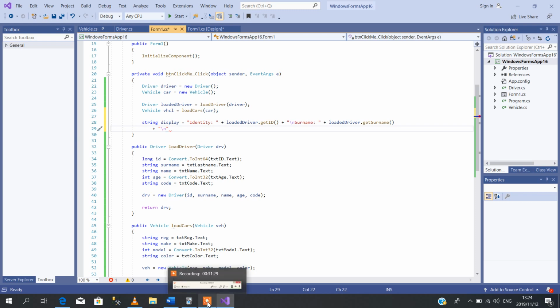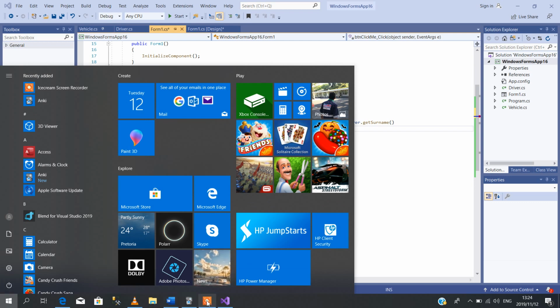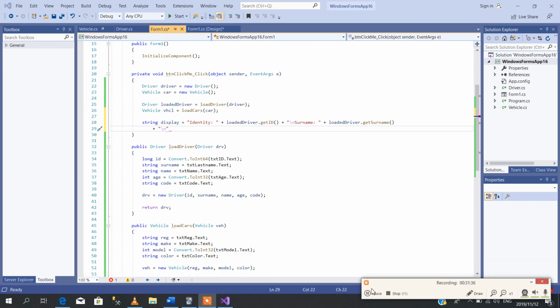Quick question. Why couldn't you, on your design, form design, why didn't you just put it in